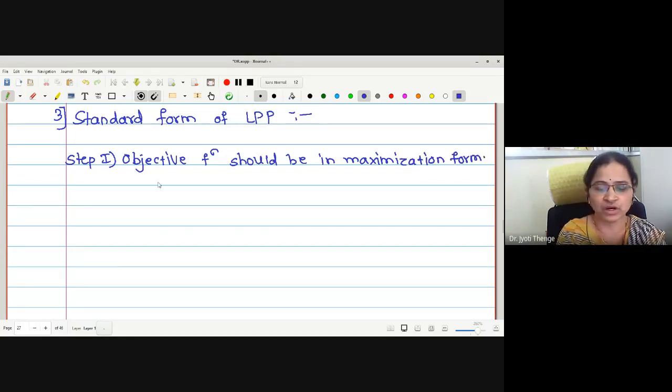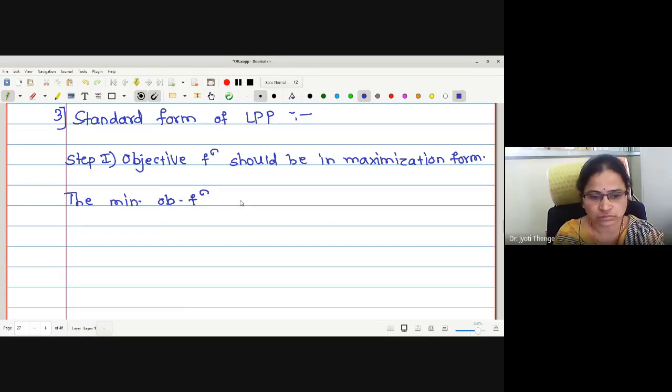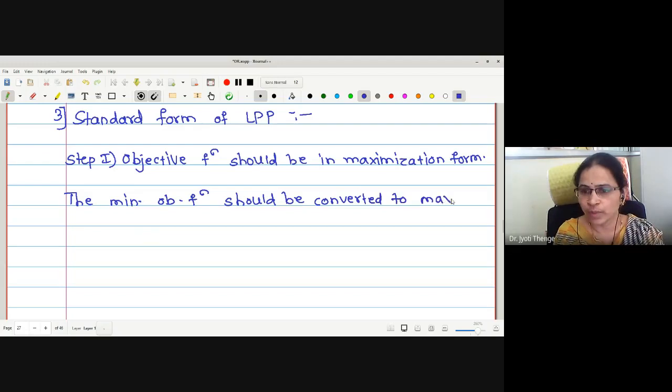We have to convert the minima objective function to maxima. Here I will write the minima objective function to be converted to maxima by using